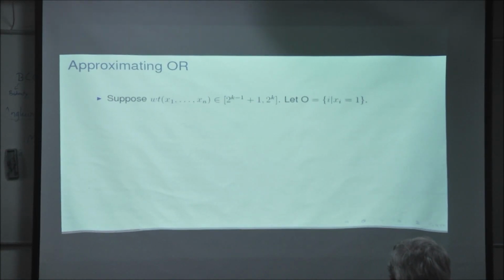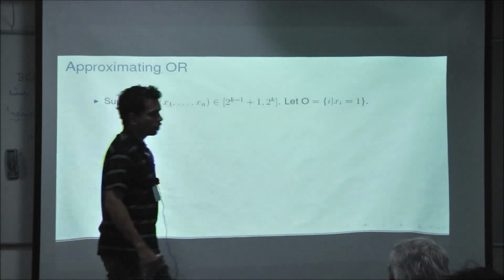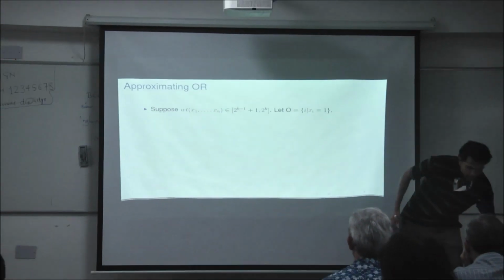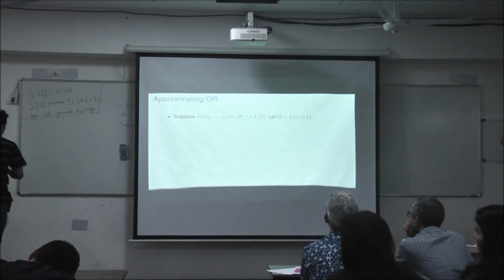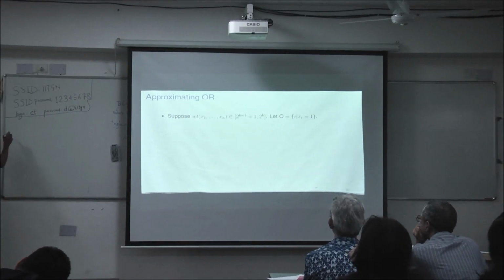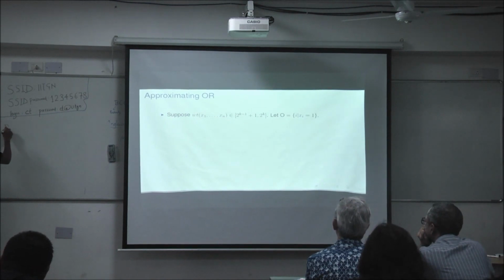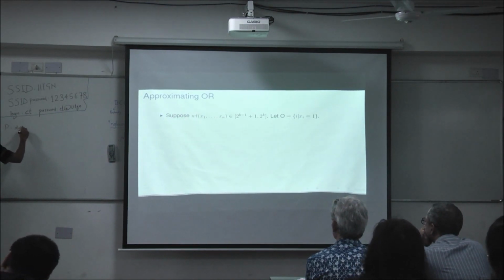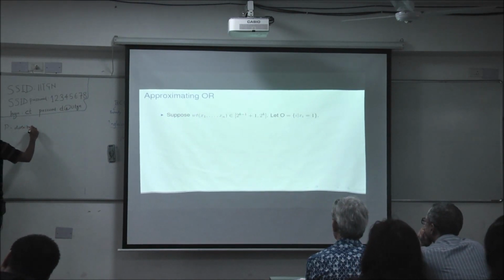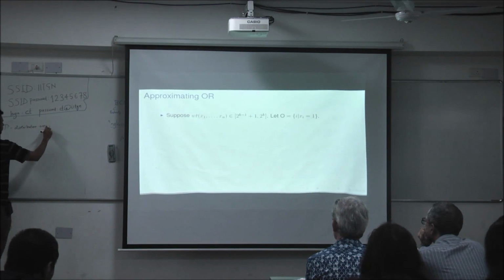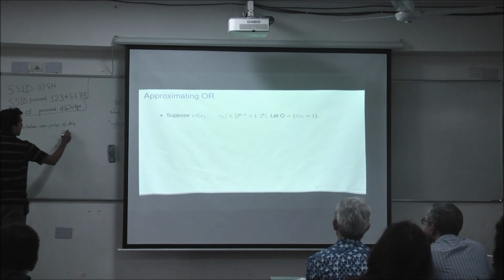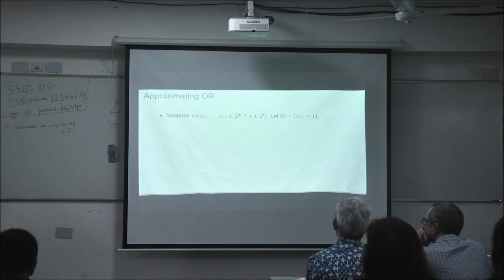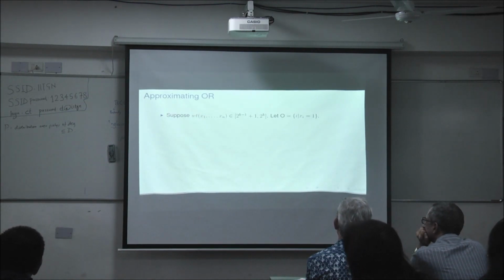So what is a probabilistic polynomial for the OR function? It's a randomized algorithm. You think of your polynomial as your basic algorithm. What does that mean? So P is a probability distribution over polynomials of degree at most some d. It's a distribution over polynomials, not a fixed polynomial.